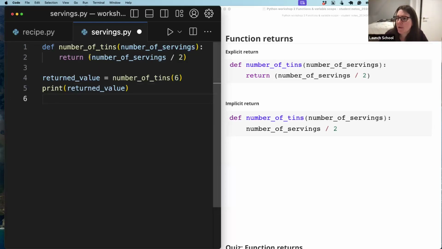So here we've got a function. We know that because it's starting with def. Then we've got a number of tins, and then it takes a parameter number of servings. Then inside that function, we've got a return keyword, and we want it to return the number of servings divided by 2. Then down on line 4, all I'm doing here is I want to capture that return value so that I can print it out and we can see it. So I'm sort of turning that return into an output, but it's just so that we can actually see what's going on. So I'm invoking the function number of tins and passing 6 in as an argument, and I'm capturing that in the variable returned value,